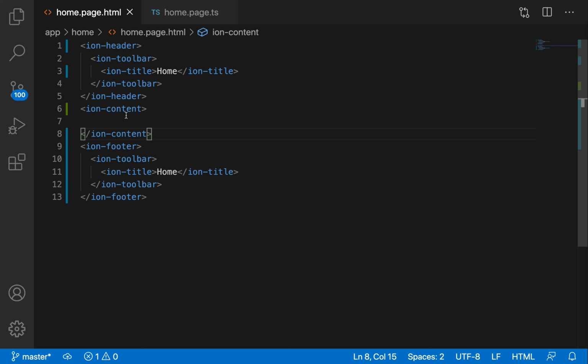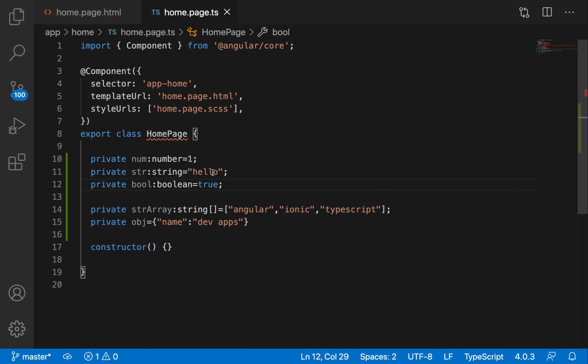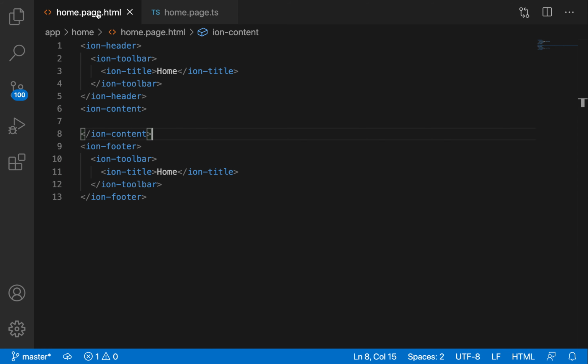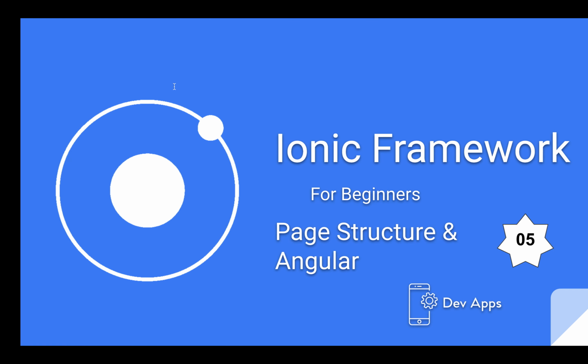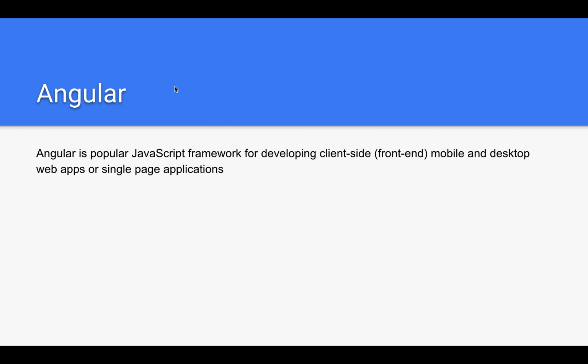Previously you were displaying in the console in TypeScript, but here I want to display the data which is there inside the variables. When I want to display that data, we have to use Angular. Whenever you want to display the data in your HTML page, in the TS file we are declaring some variables.